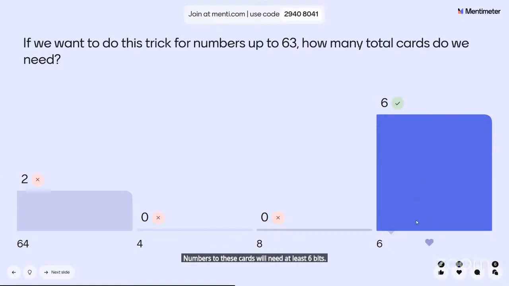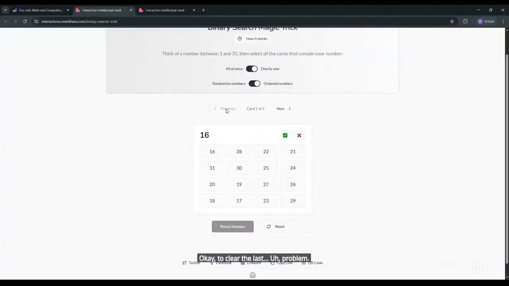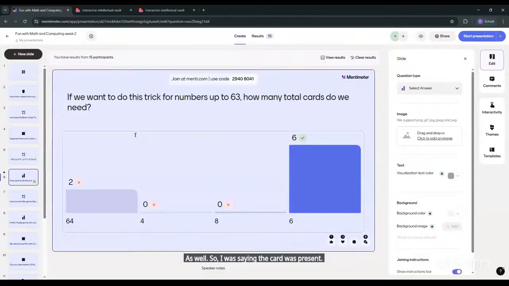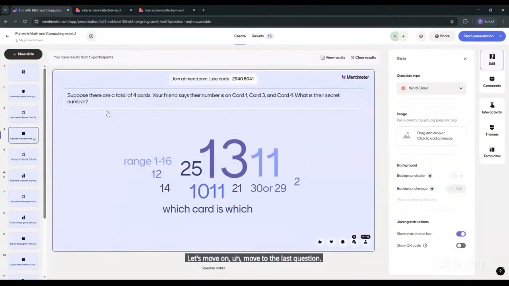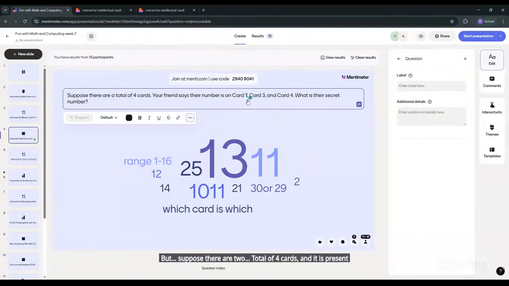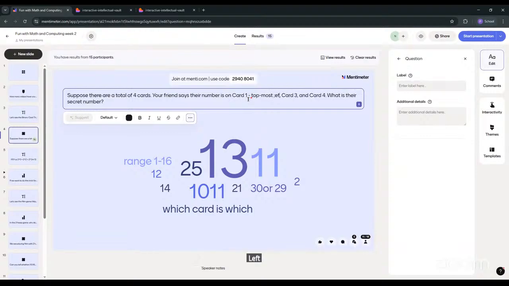Okay, to clear up the last problem, I think there was a problem in that question and it was not well explained. Let's move to the last question. Suppose there are a total of 4 cards and the number is present on card 1. So card 1 here presents the topmost left digit will be,